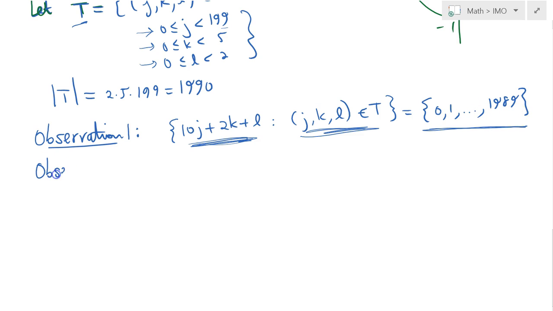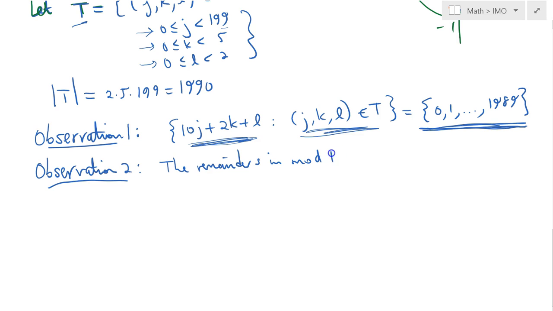The second observation is equally important, and probably warrants a proof, but I will just leave the proof to you as a homework, because the video is already getting so long. I claim that there's an alternative way to write this set, to sweep this set, and it is the following. So I claim that the remainders in mod 1990